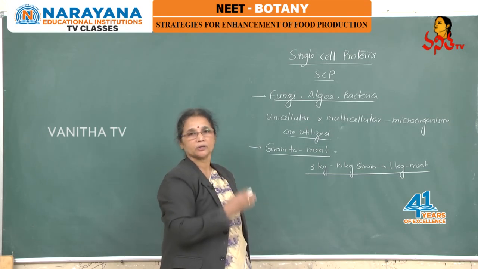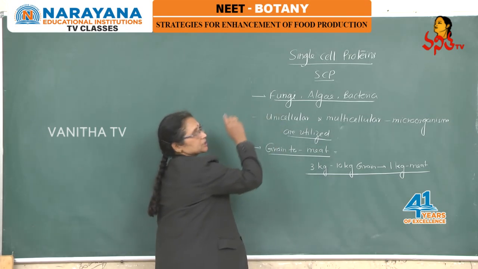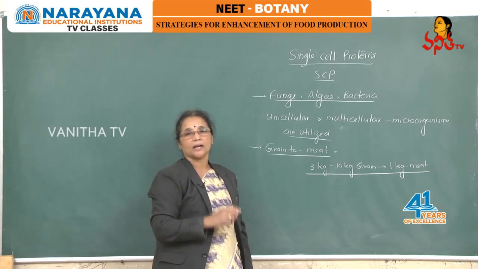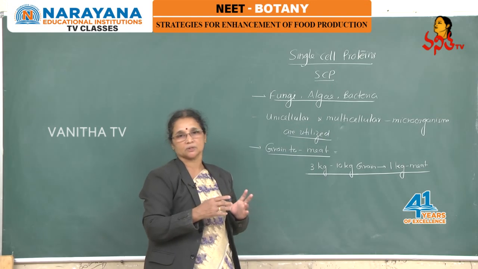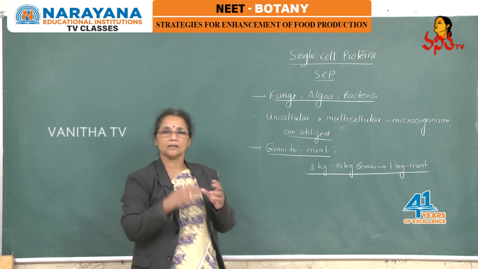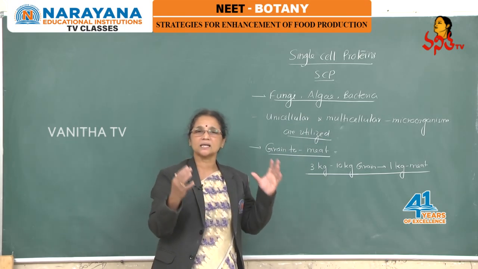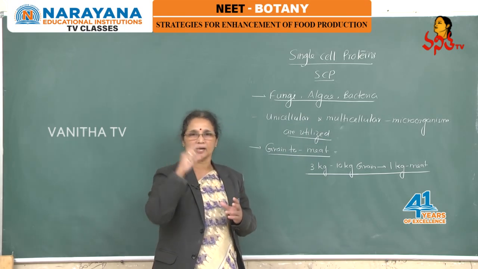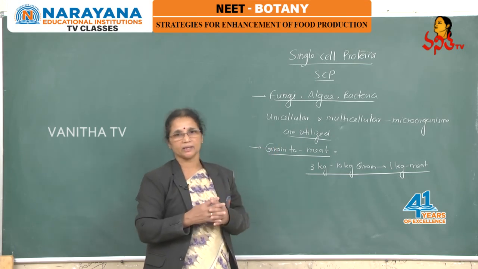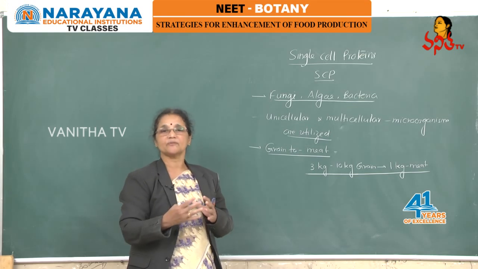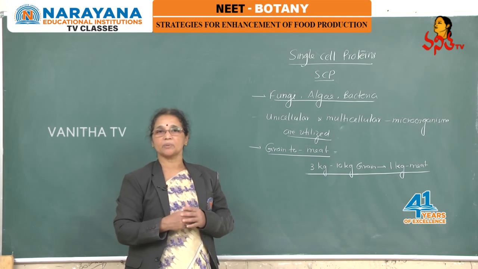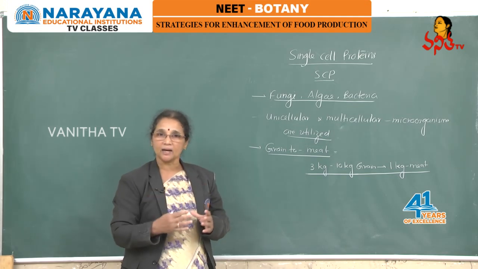Hence they thought about an alternative source for the production of food in the form of protein, that is single cell proteins. These organisms have a high rate of multiplication and increase their biomass on a large scale in less time. That is why these organisms are multiplied using different materials as raw material. Those used as SCP are fungi, bacteria and algae.